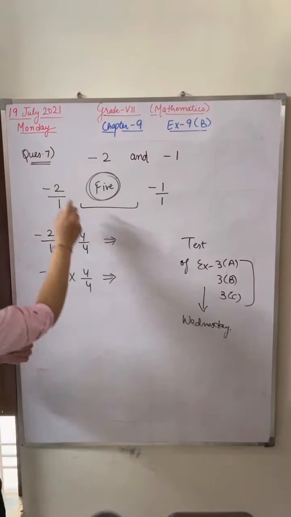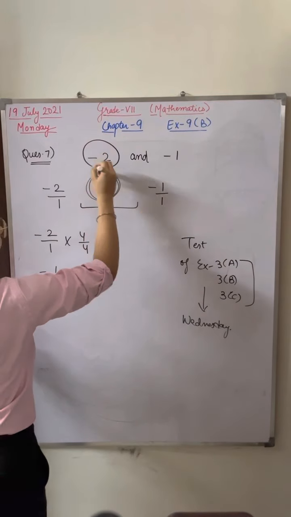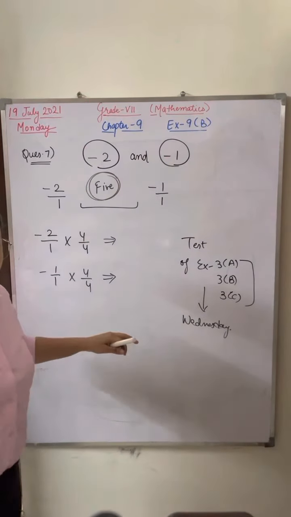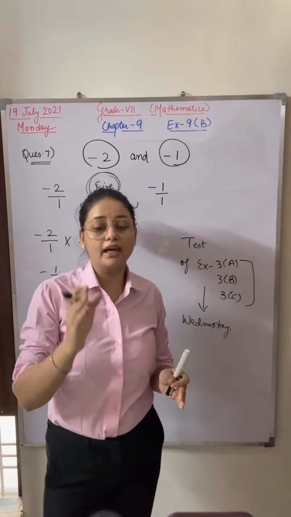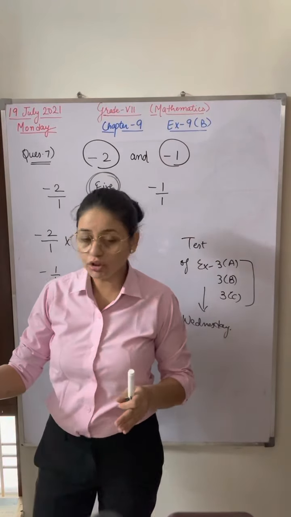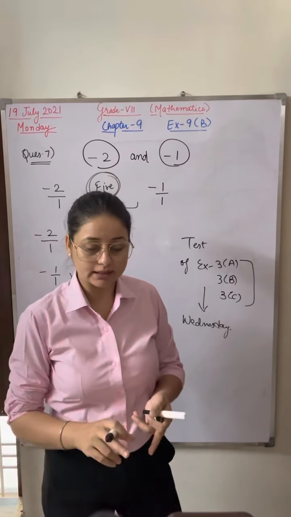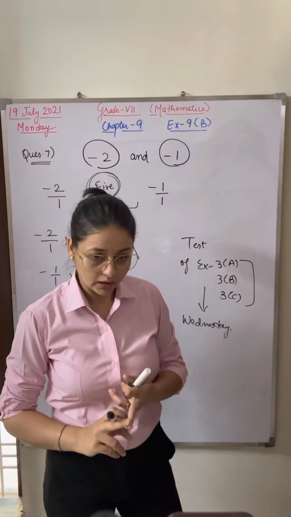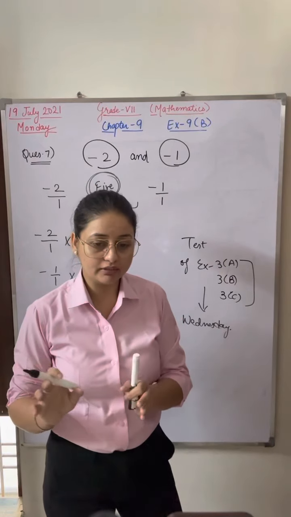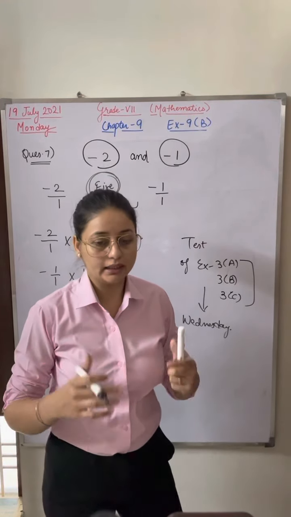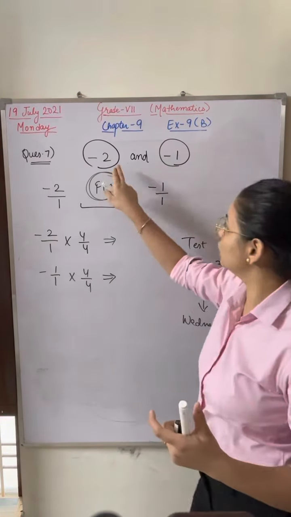Now in question 7, the question is: find the rational numbers in between -2 and -1. Whenever you have to find rational numbers in between any two rational numbers, that is a very important question. You can mark it in your book. These questions 7, 8, 9 are very important for grade 7 and grade 8. Whenever I make papers, I used to give two questions of this kind. The question is how many rational numbers you can insert in between any two rational numbers.